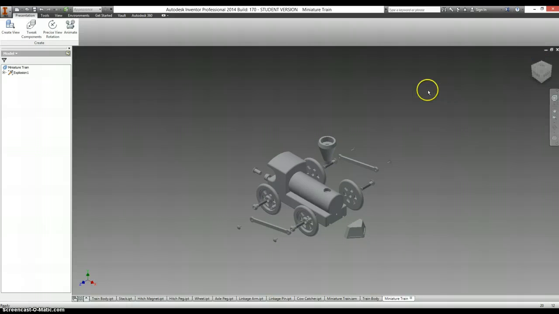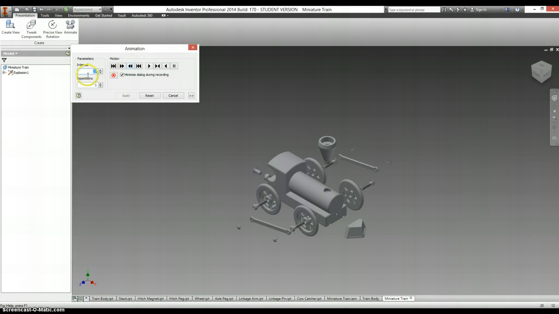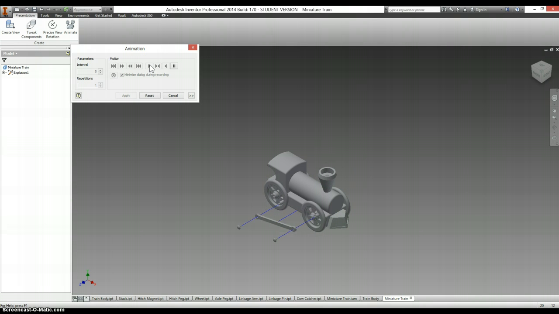If I go back to my home view and I hit animate, change this to something small like 5, hit apply, and then play, it'll show how you would assemble this whole thing together. Okay,